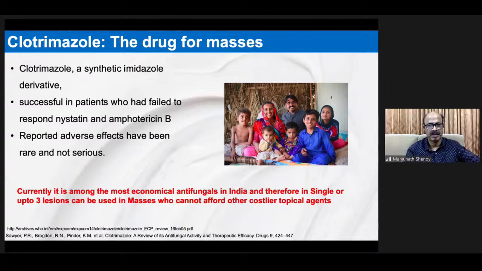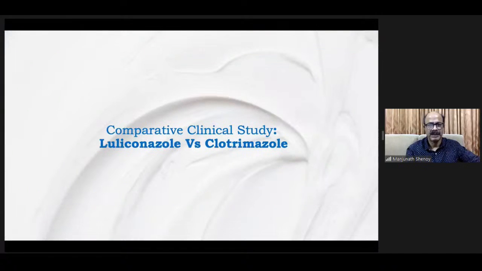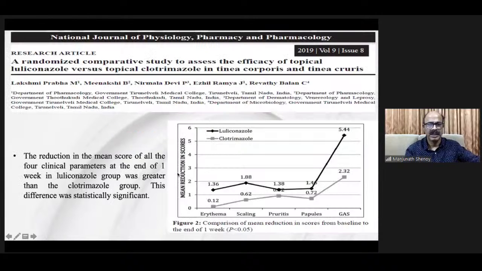So it's an imidazole molecule, and it has been a therapy for the masses. We have used it for probably millions of patients so far, and it has been a very good drug. But now it is time for a newer molecule, because we know that once any molecule is used for many years, it might lose its efficacy, and we may get certain advantages with newer molecules like liliconazole. So here is a comparison between clotrimazole and liliconazole, and you can see this arrow indicating a much higher